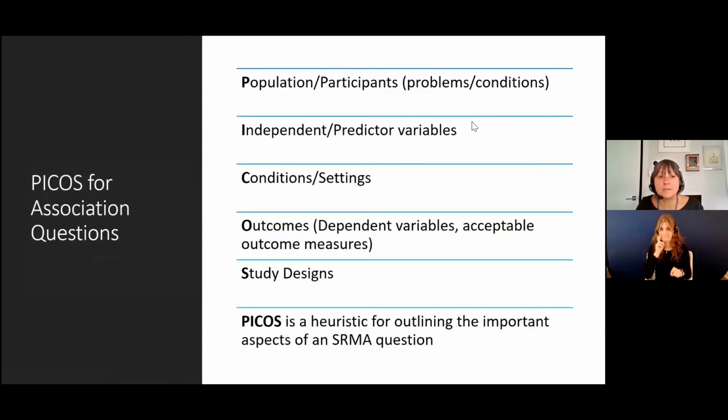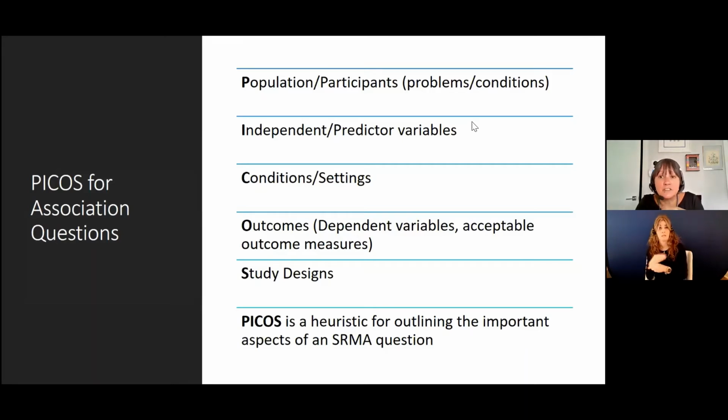We might also adapt PICOS for those association systematic reviews. In that case, we might think about P as, again, populations or participants, and maybe we might change the I to be independent or predictor variables. So for the math anxiety and math achievement systematic review, our I might be, in essence, math anxiety and math